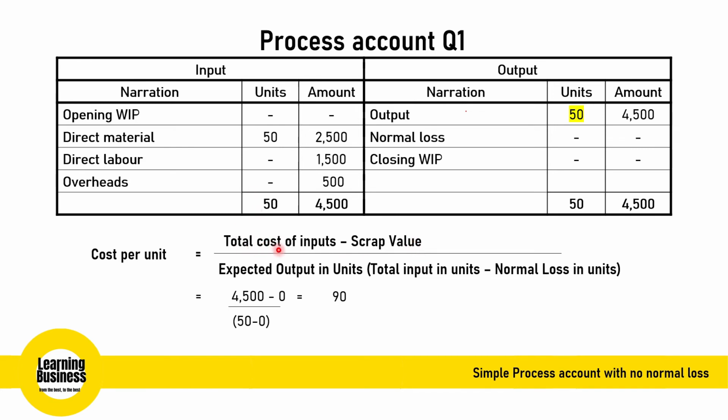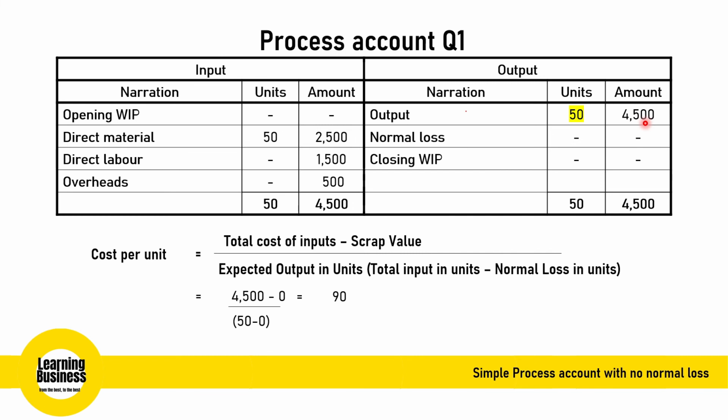Now in this question, total cost of inputs is 4500. You don't have any normal loss, so you don't have a scrap value in this question. So directly your numerator will be 4500. This has to be divided by the expected output. To find expected output, you need the total input in units, which is 50 units. From 50 units you have to minus the normal loss in units, which here is 0. So your denominator will be 50, which means the cost per unit is directly 90 rupees per completed output unit. Knowing this answer, you could directly find the amount over here. For 50 units, 1 unit being 90 rupees in cost, for 50 units they would have incurred